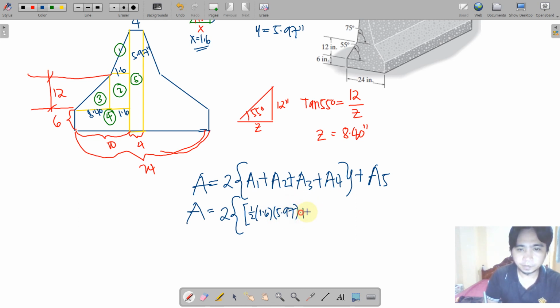And then area 2 is a rectangle equivalent to 1.6 by 12. Okay, and then area 3 is another triangle. We have 1/2 8.4 by 12,